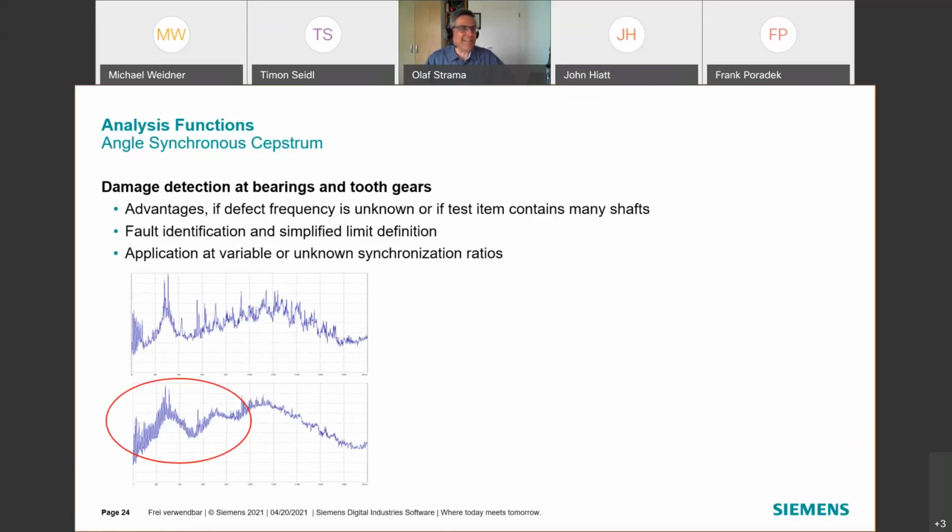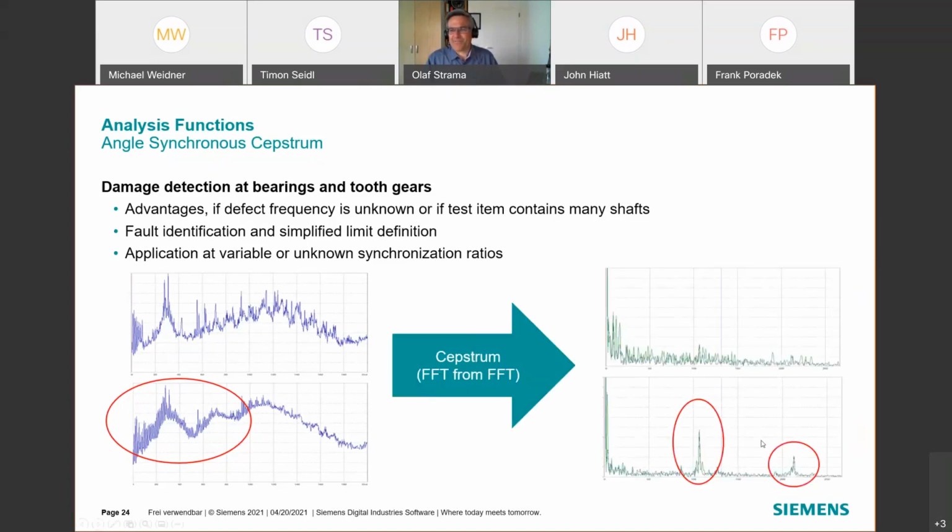I think you remember the slide before where I showed you the periodic recurring transient peaks, and they lead to a spectrum with many lines. Since a series of peaks in time domain will lead to a series of peaks in frequency domain and vice versa. And so if I take the frequency domain again as virtually a time domain and calculate another FFT, then I get again a series of peaks, but the distance of the peaks is 1 divided by the distance here. And this helps me to detect defects where I do not exactly know the synchronization or the transmission ratio